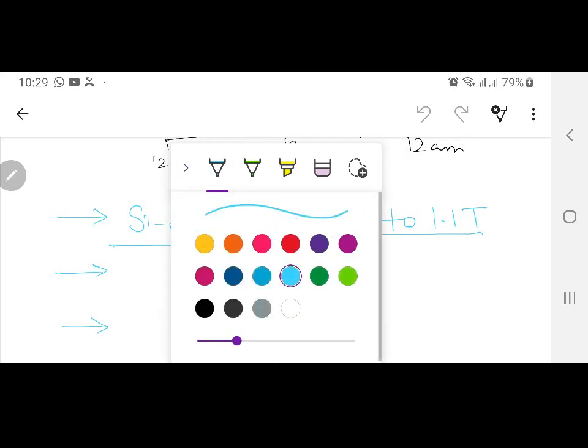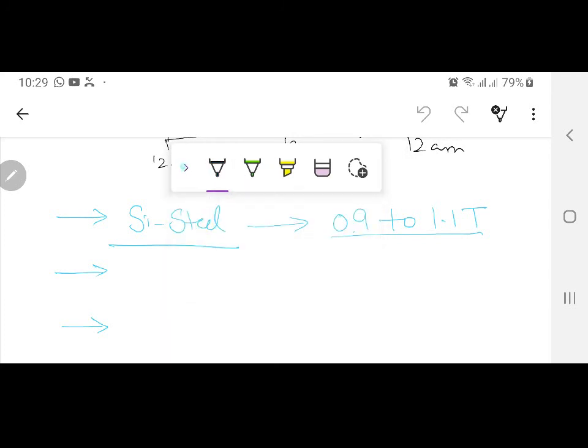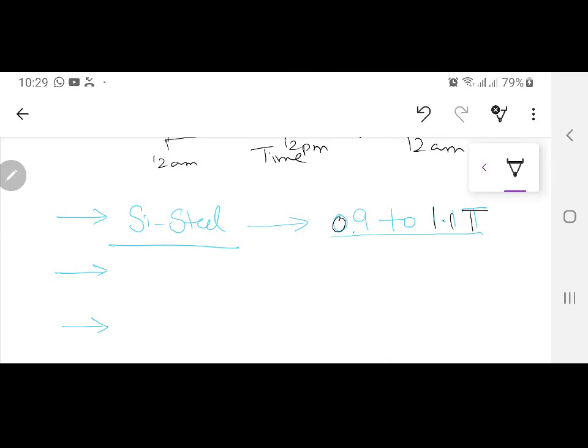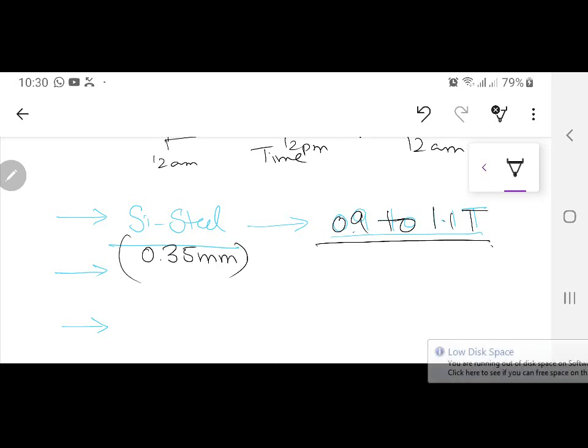आइए मैं मार्कर चेंज कर दूँ. सिलिकॉन स्टील 0.9 to 1.1 Tesla and the thickness of this sheet is something 0.35 mm, which is the thickness of this sheet over here. अब खैर अब हाल रोड पे आपने सस्ता सा ट्रांसफार्मर बनवाना है, आजकल तो माशाल्लाह से आप ट्रांसफार्मर वहाँ से बनवाओ अगर, तो वो सिलिकॉन स्टील तो छोड़ो, लोहे भी छोड़ो, वो बेसिकली जो आपके जो पुराने लुक के डब्बे होते हैं उनको काट काट के वो उससे ट्रांसफार्मर बना रहे हैं. It's not even steel, it's not even silicon steel, तो बहुत दूर की बात है.